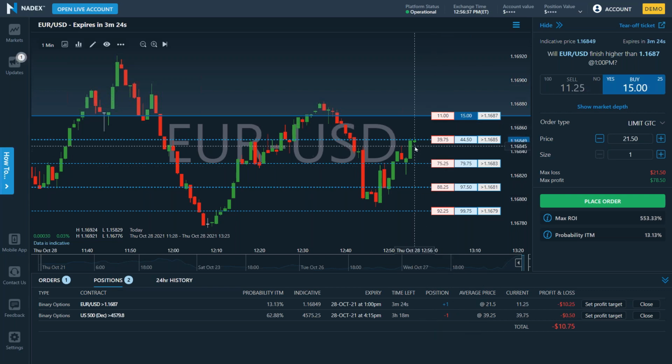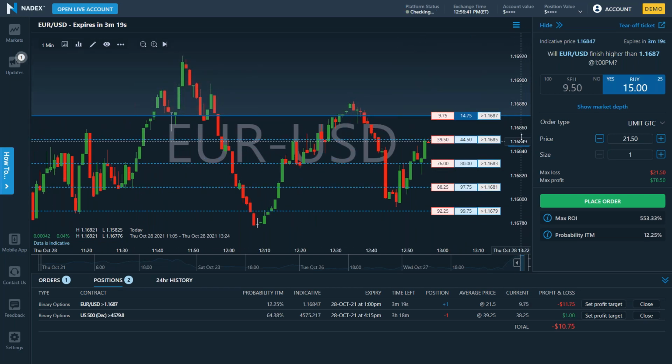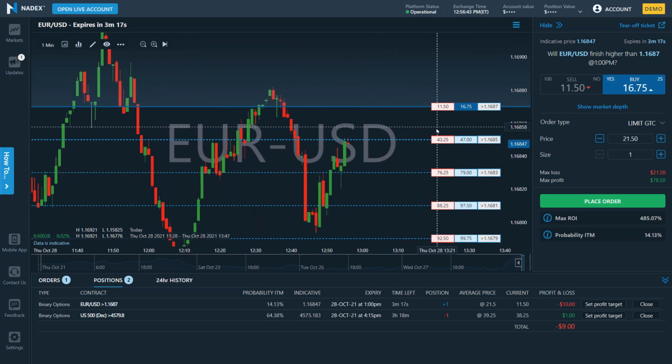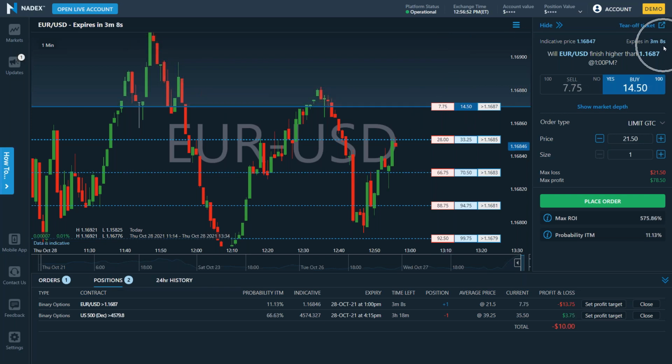Okay, now as it's ticking lower, as you can see, it's ticking lower. It's going against me. Now, could I just dump it and take my losses? I could, or I can wait. I still have 3 minutes to see what could potentially happen. As it's going lower, it's not looking very good.